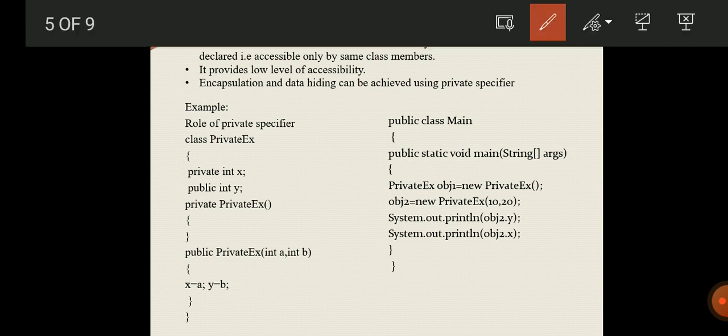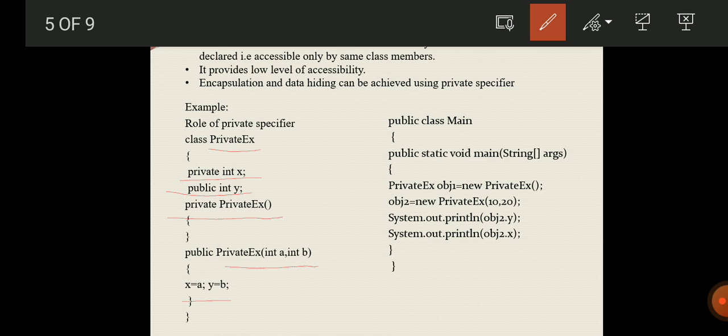See here, the class name is PrivateExample, and here we have a private access modifier. x is private and y is public, and we have a constructor, and next one is the constructor with the values x as well as y.